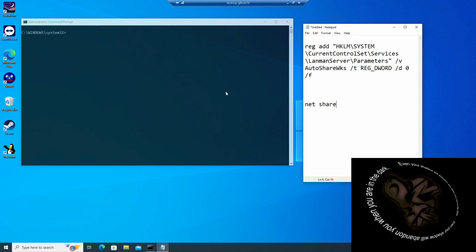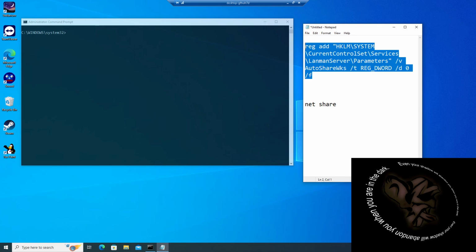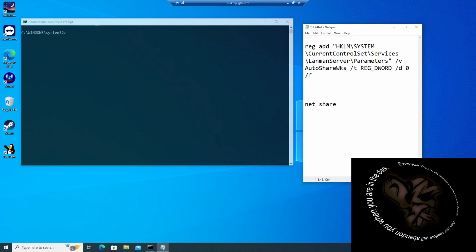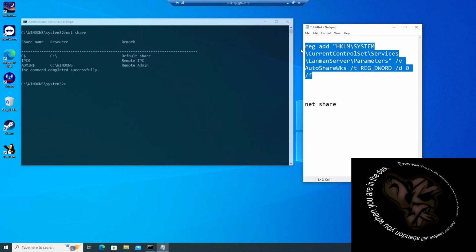Now, this is a relatively clean system. I don't care if I mess it up because I can just reinstall Windows. No big deal. So, before we mess with that, let's just take a look at the net share and see what we have. That's what we got. See, these are our shares. Now, if we affect this and do that reg add or modification,